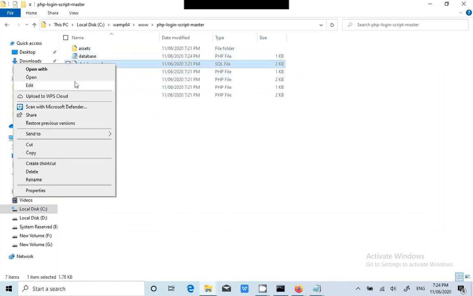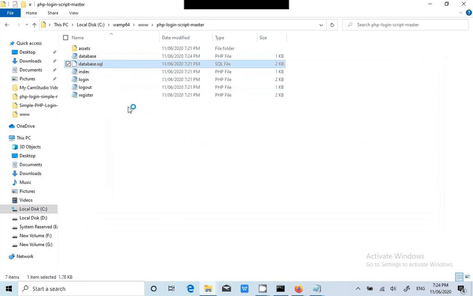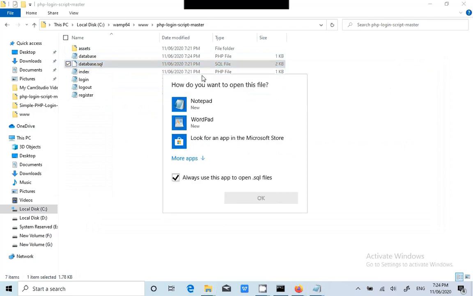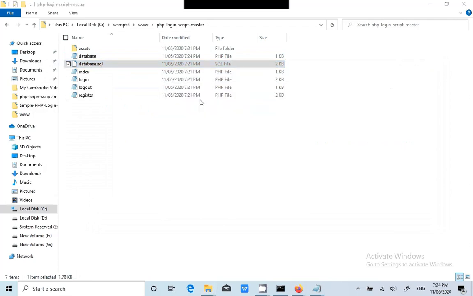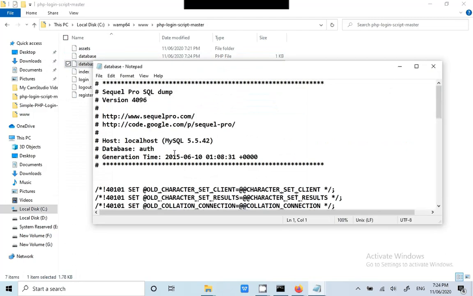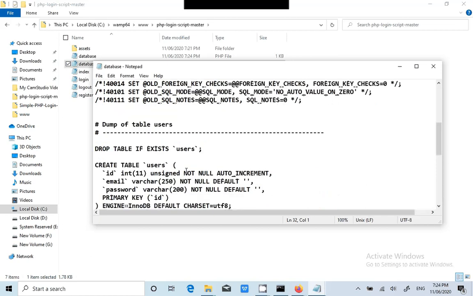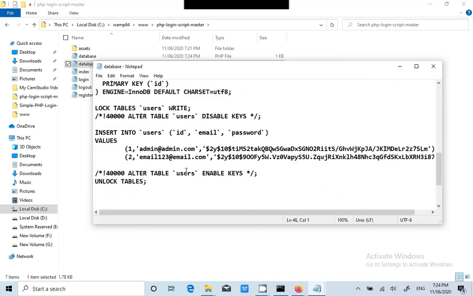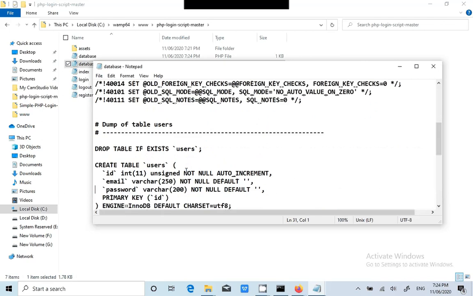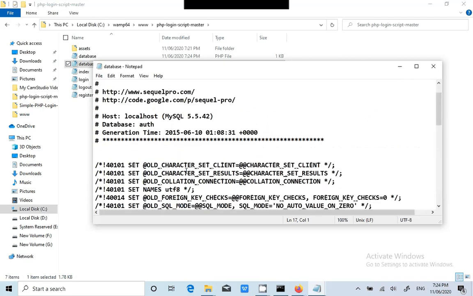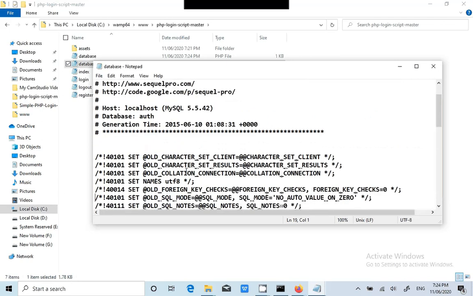What it is doing, we'll try to open with Notepad, because the SQL file will have all the SQL queries responsible for creating the database tables, and we can see whether they are creating any database auth.